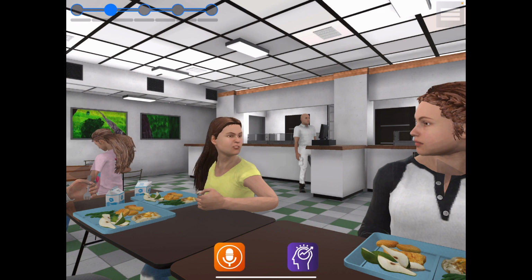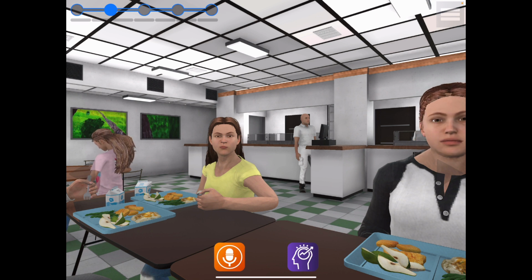Ugh, I hate these potatoes. People display emotions in different ways. One of these ways is through their facial expressions. If you look at Ashley's face, you will see that her eyebrows are down and her nose is scrunched. This says that Ashley is not happy with her food choice. To be able to respond appropriately, you need to know what emotion the other person is displaying. Look at your other friends and select what they may be feeling.